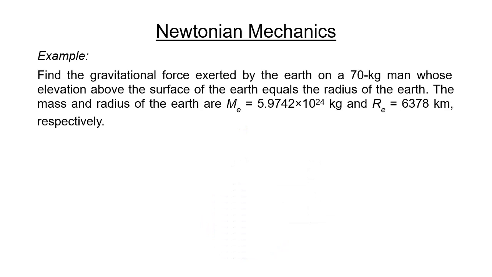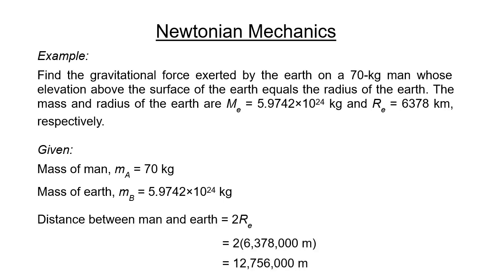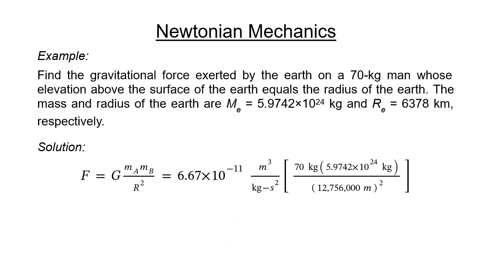Before calculating the magnitude of the gravitational force, let us first present the given values. The masses of the two particles, the man and the Earth, are shown. The center-to-center distance between the two masses, denoted as r, which is illustrated previously, is also calculated and expressed in meters. Using the formula of the gravitational force, let us use the SI value of G to have consistency in the units. Take note that the resulting unit from the solution will be in newtons. The final answer for this problem is